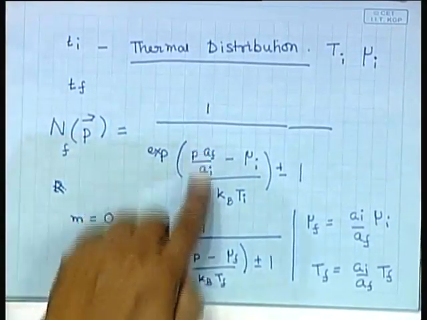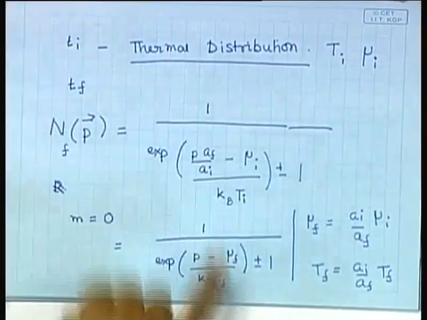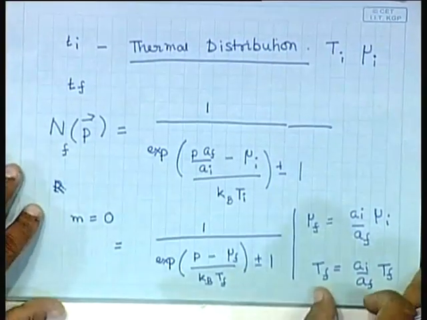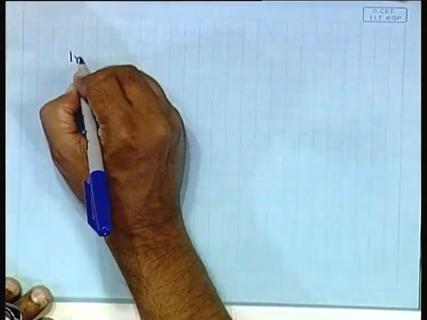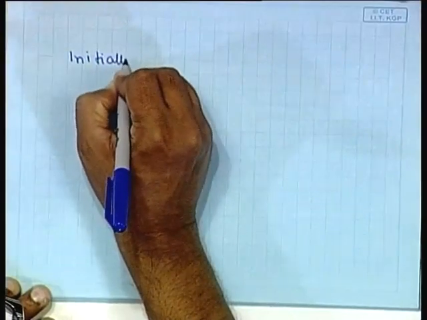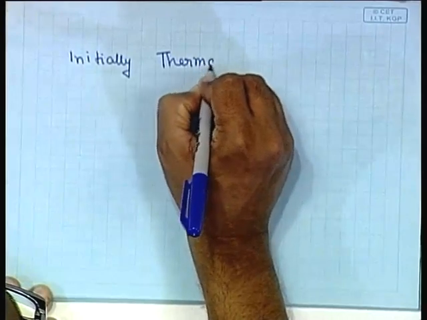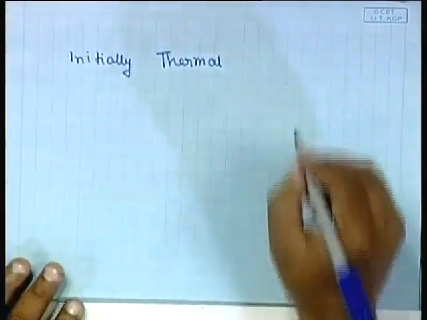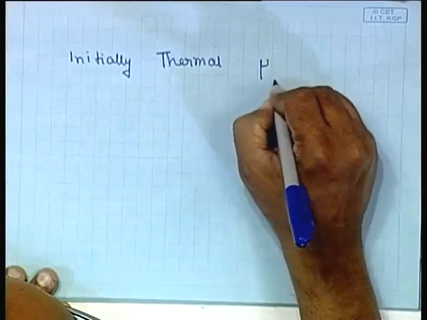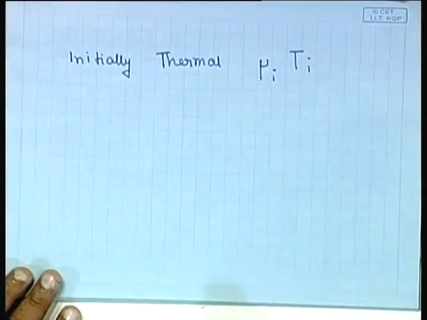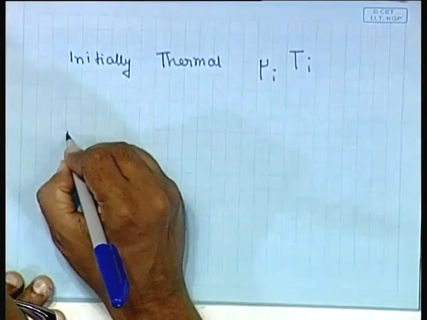Okay. So, we have written this as a thermal distribution with a different temperature and a different chemical potential. So, what do we learn from this exercise? From this exercise, what we learned is that if initially my particle distribution is thermal, with chemical potential mu initial and temperature T initial, then with the expansion of the universe, the final potential